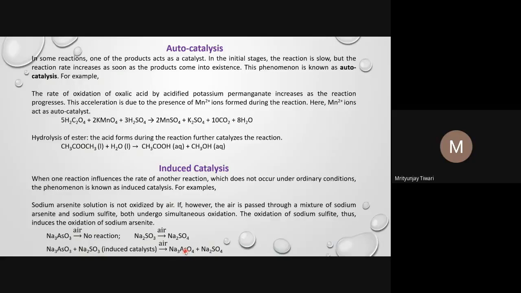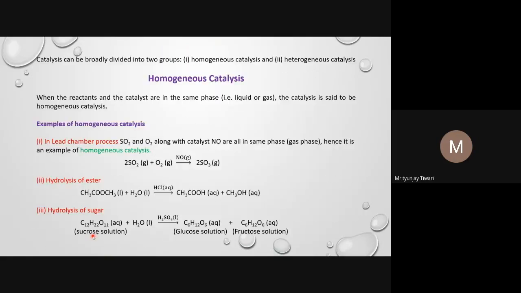So this is sodium arsenate, and this phenomenon is called induced catalysis, because this reaction induces this reaction. In the presence of this reaction, this is also happening, and such examples are examples of induced catalysis. It means one reaction is inducing the rate of another reaction. So catalysis can generally be broadly divided into two groups,